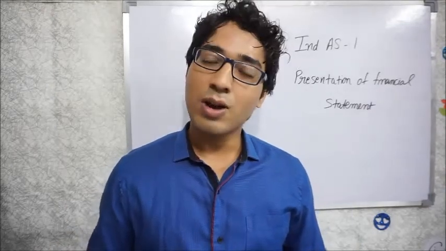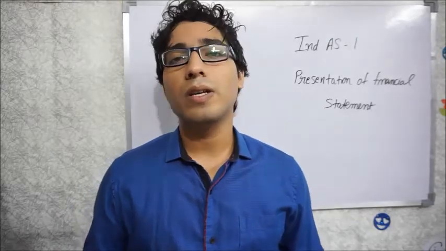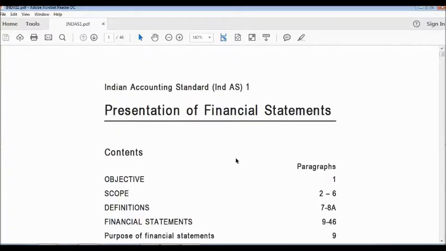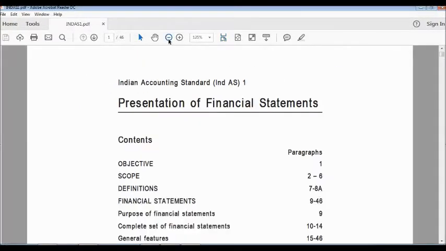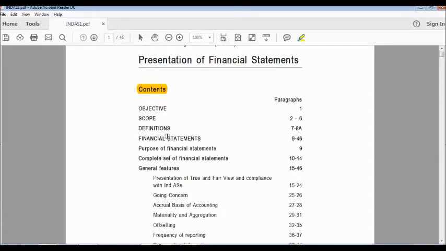Alright guys, so now first we should start with the overview, like how is the structure of this Ind AS. You can see on your screen there is a content list with a lot of paragraph numbers, and the heading of each paragraph is also mentioned. The first paragraph is about the objective, which defines what exactly the objective of this Ind AS is, then the scope, then definitions, then the important and major segment of this